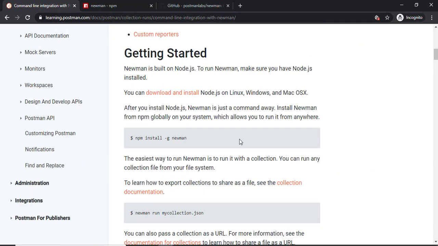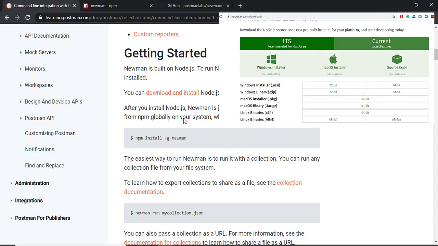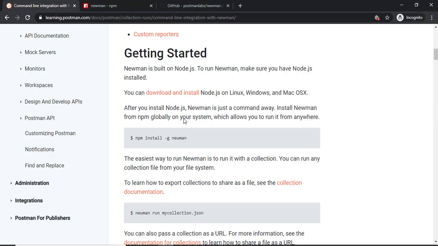So if you come down here, we just need to install Newman on our local system, and once it is done, you can start executing. Okay, so before we install this, make sure you have Node.js installed on your system, right? If you don't have Node.js, then you can download it and then you can start with npm. And downloading Node.js is super easy. You just go to the Node.js site, download it and double-click to install. Automatically it will set the path variable as well. You don't need to set the path variable. Okay, it will automatically set.